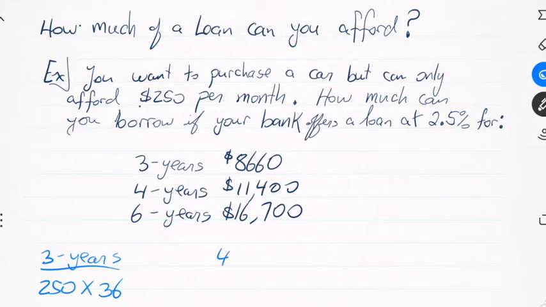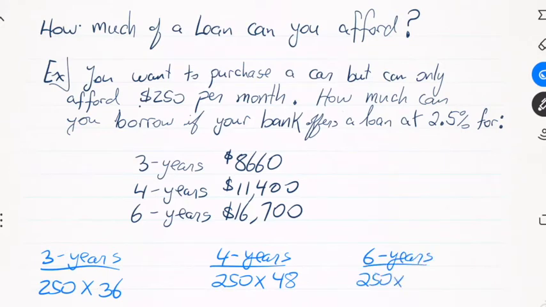For 4 years, we're paying $250 over 48 months. And for 6 years, we are paying $250 a month for 72 months. We just need to figure these out. This will be the total cost of each one of the cars, assuming you're not doing some down payment or other. So 250 times 36